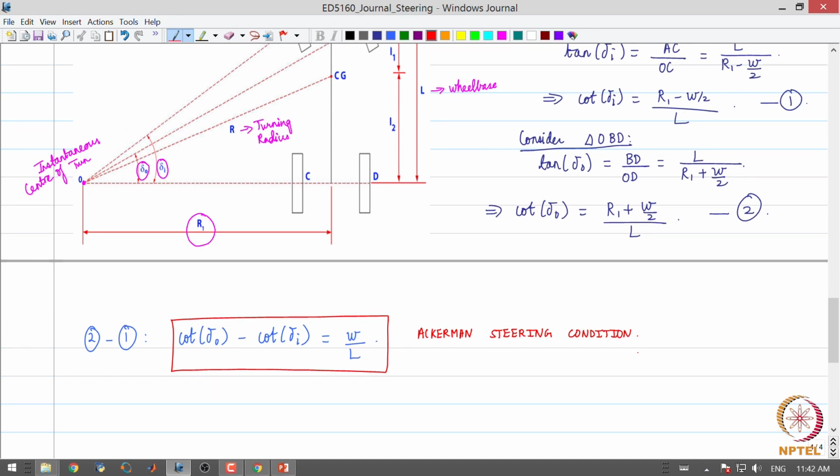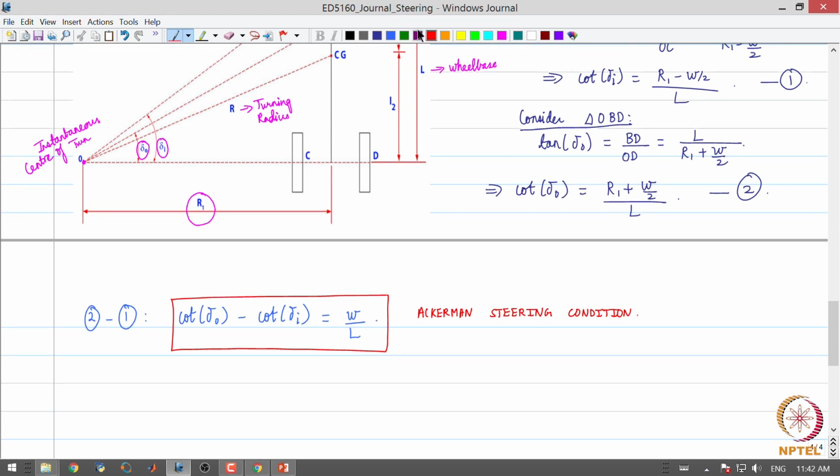So, what does this equation convey? It gives us a relationship or a constraint between delta naught and delta I, and that is what is important. The steering mechanism has to be designed in such a way that given delta I, delta naught is related by this equation, or given delta naught, delta I should be decided based on this equation. So, that is the